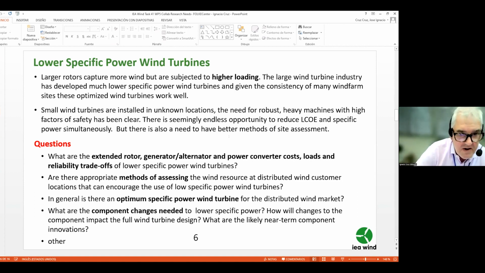So in large wind turbines, this is very common, but in small and medium-sized wind turbines, medium size is getting better, but very rarely can we see different wind turbines with the same power and different swept area of the rotor. But this is interesting to adapt the wind turbine to the site conditions. But obviously we need to know the wind resource perfectly before choosing the best wind turbine for this place. This is, in my opinion, one of the main